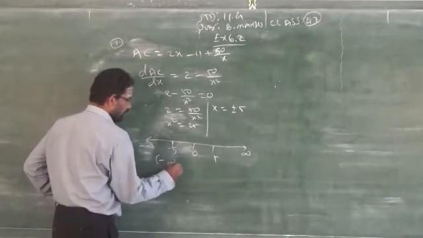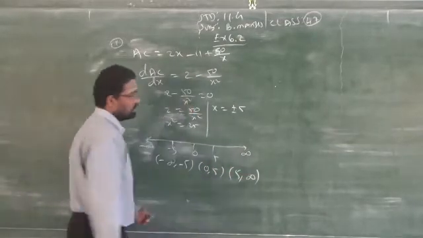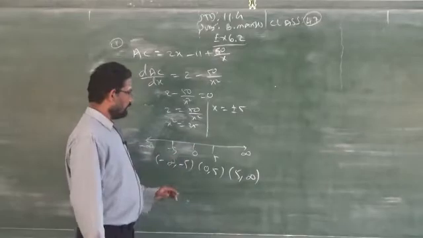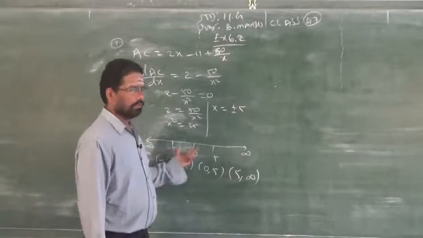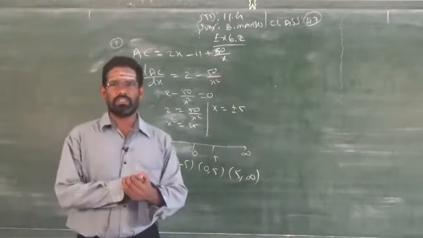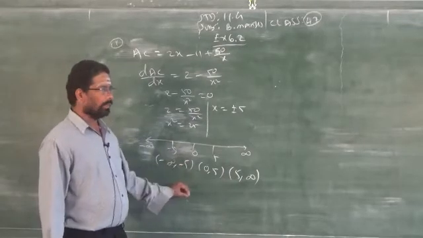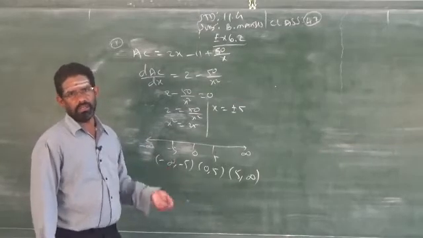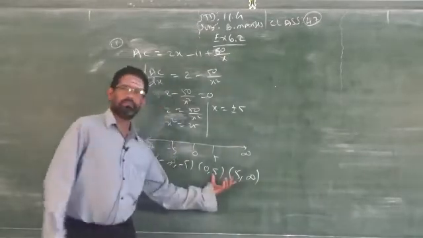Actually the negative side is not necessary, you should know only the positive side, just for your explanation purpose. Sometimes the question doesn't carry any cost or revenue, so better you can write it. When it is a cost function, you have to take only the positive answer, don't take a negative answer. But here you will get plus or minus 5 on the number line. This is the common method, but it depends upon the question. If it is revenue or cost, take only the positive answer. For understanding purposes, I did it now. Even if you do it, there won't be any problem, they will not reduce the marks. But for cost and revenue, take only the positive one.